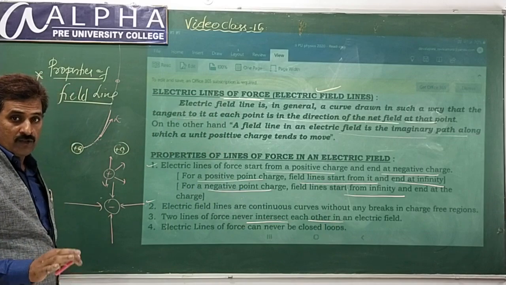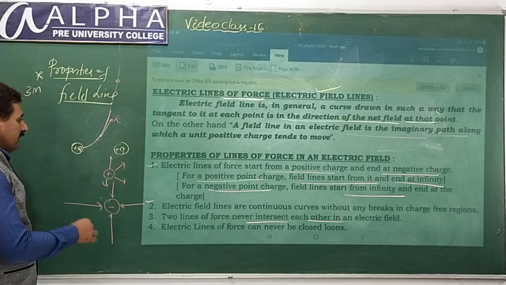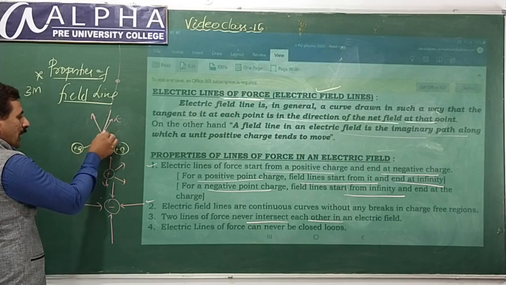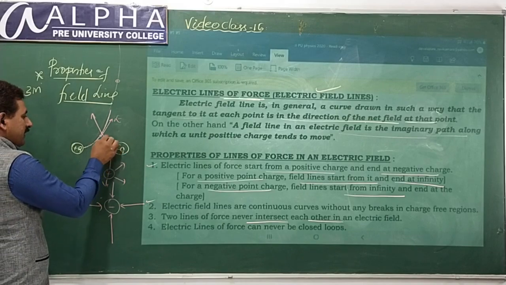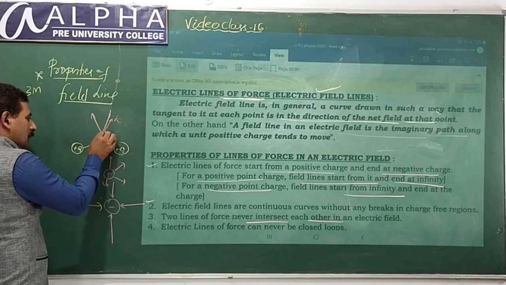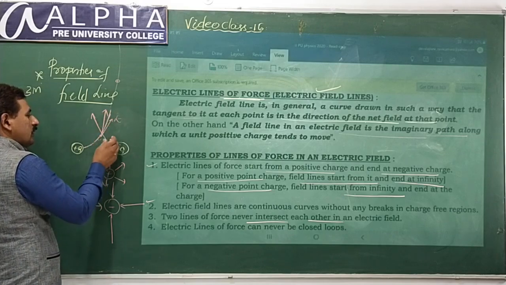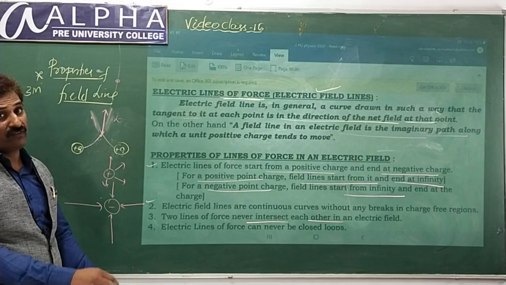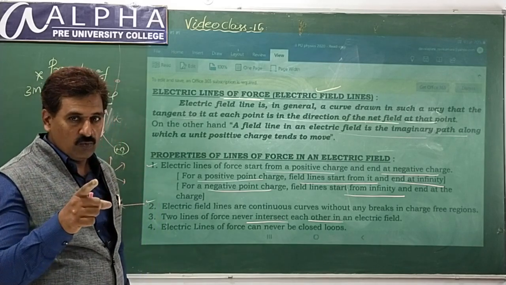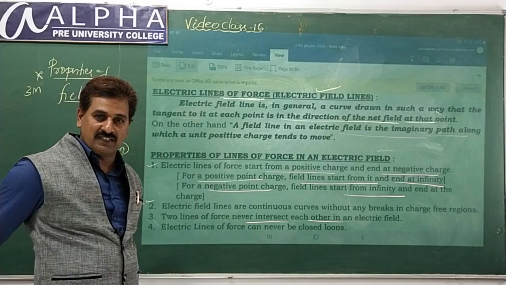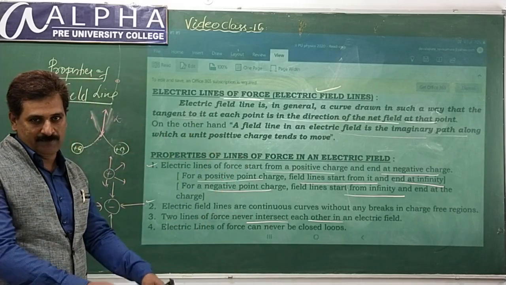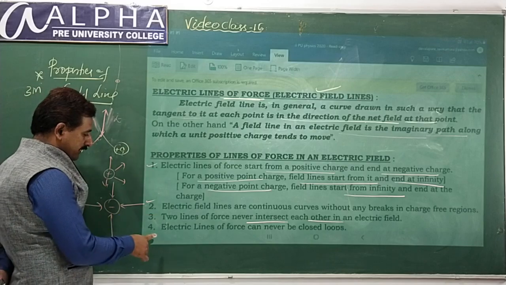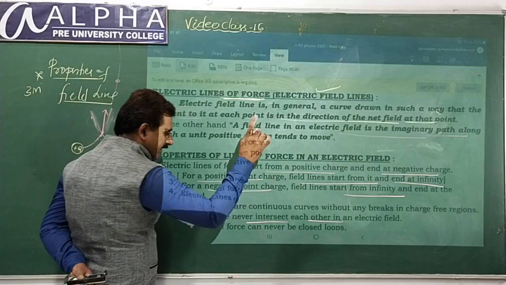What is the meaning of this? If they did intersect, if I draw one field line like this and another like this, what would that mean? Here one value of field is not there. Each has its own value, but always at that point we write the resultant of the two. That's why these two are removed and one direction is written. That's the idea of drawing an electric field. One field is itself the resultant of several charges. That's why at that point you have to write only one direction, one line. That's why two lines of force never intersect each other.